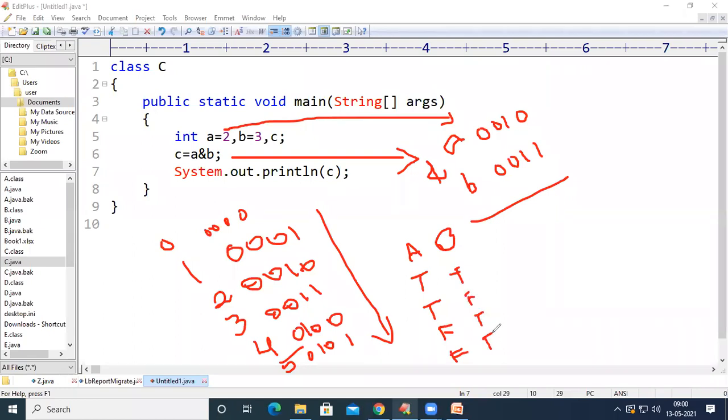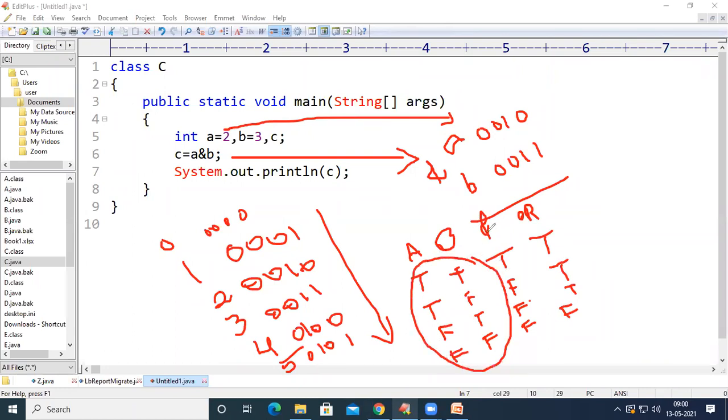When we apply the AND operation, when both are true, we get true; in any other case, we get false. For the OR operation, when both are false, we get false; in the other cases, we get true. So this is how AND and OR operations work.